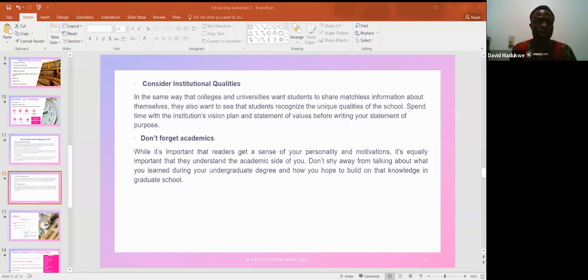So do you have any other question in the house? With respect to our applications, I don't know how many of us have started writing our applications or applying to schools. Maybe if you are, and you have some challenge in it, please be free to share with us the challenge you passed through or you're passing through while you're applying, so we can equally look into it and see how we can help.